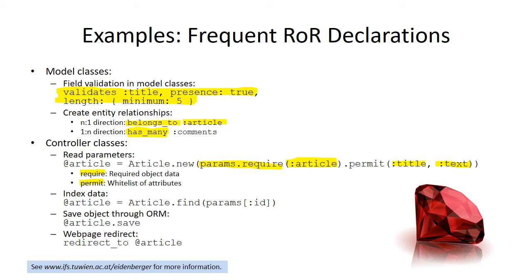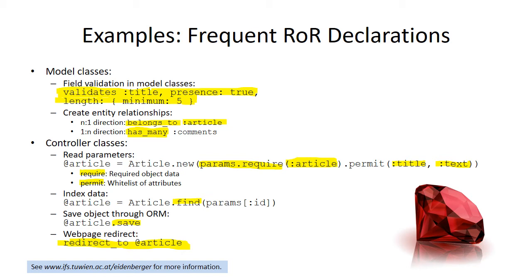Okay. The find function, I think, is self-explanatory. You provide some ID in this case and want to find a particular article, store it there. Save calls active record to actually store something to the database. And a redirect is a simple web operation for the front end where we can go to a particular instance